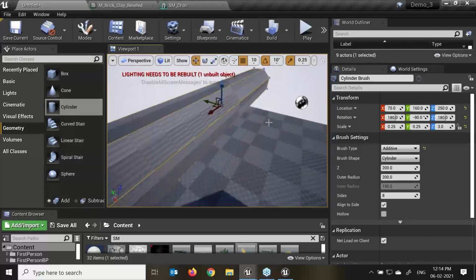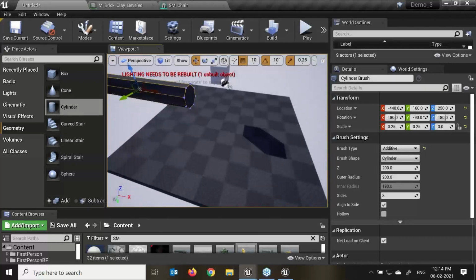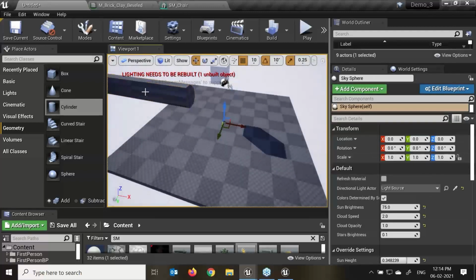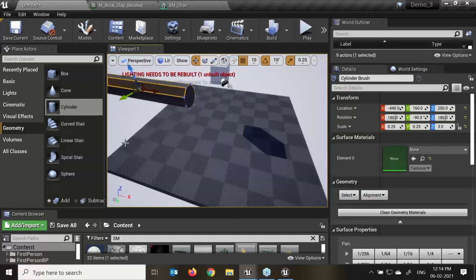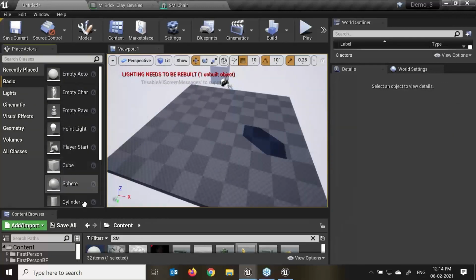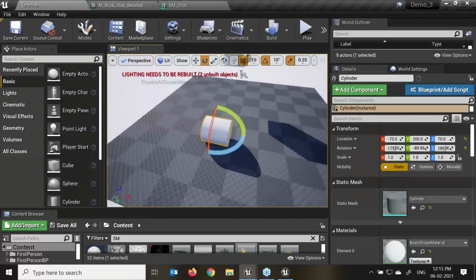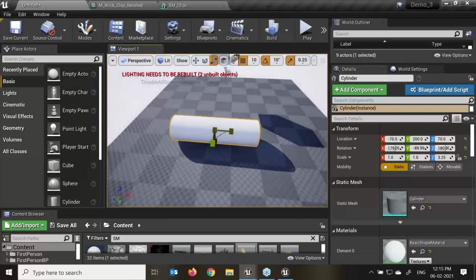Scale it up, pull it up. Now, this has become my spotlight, right? So I'll select this object. I'm sorry, I need to create it from the basics, so go to cylinders, select it, give the rotation, press F and scale it over here.